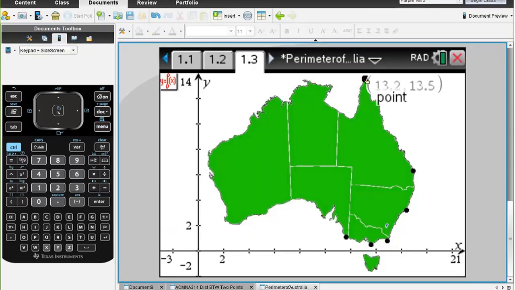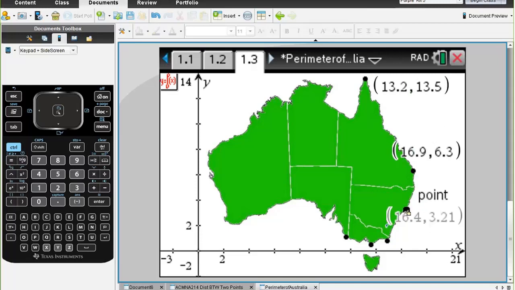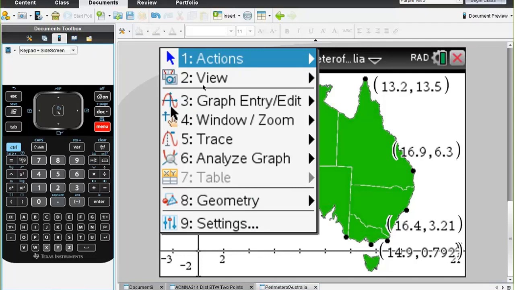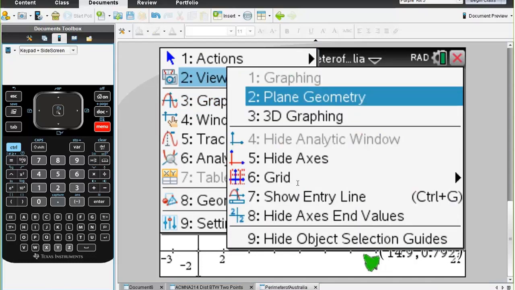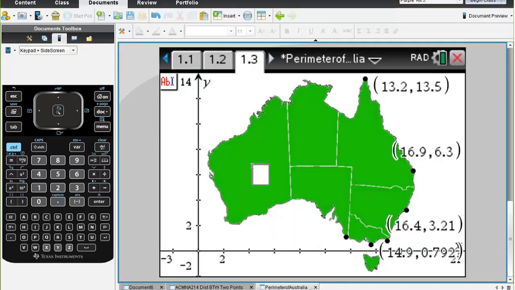So there's the coordinates of this point, coordinates of this point, etc. You've got the idea. And then what the activity suggests is we then put in some text. Find where we've got that. So I'll put a text box in here, and I'll make my text box the square root of, shall we say,